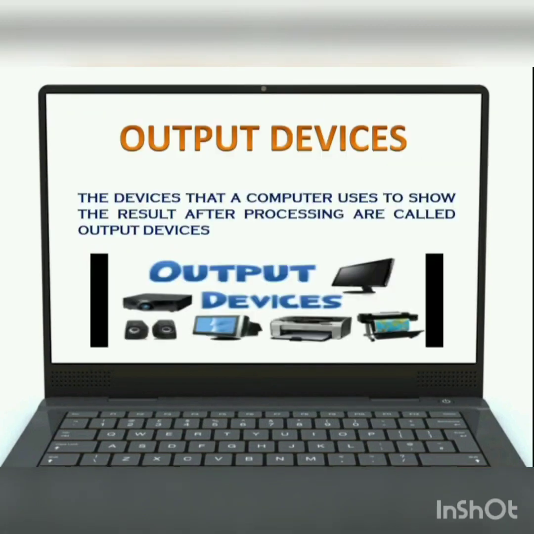Now, output devices. The devices that a computer uses to show the result after processing are called output devices. Kids, you are able to see on your screen some output devices such as speaker, monitor, printer, plotter, etc. All these are output devices.